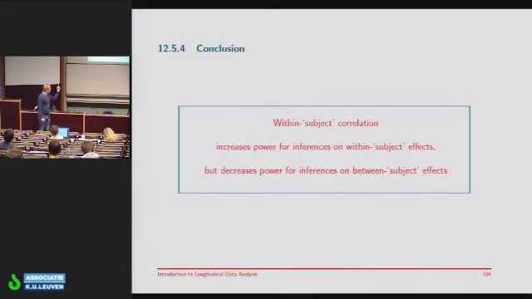Okay? The same with these doctors here. Correlation is good if you're looking at effects within subjects. But if you're looking at between subjects effects, then correlation is a bad thing. Then you can only hope for as small correlation as possible. In any case, what you see here is that within subject correlation increases power for inferences within subjects, but decreases power for inferences on between subject effects. So it really depends on the design, whether the effect you're estimating is between or within, and on your research